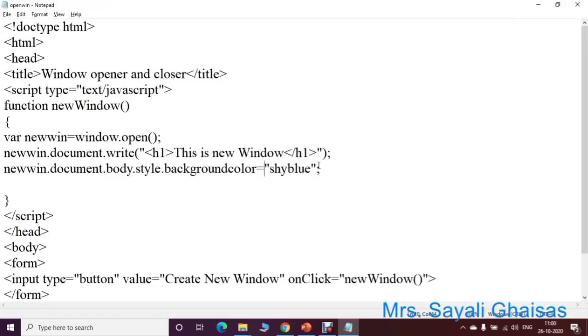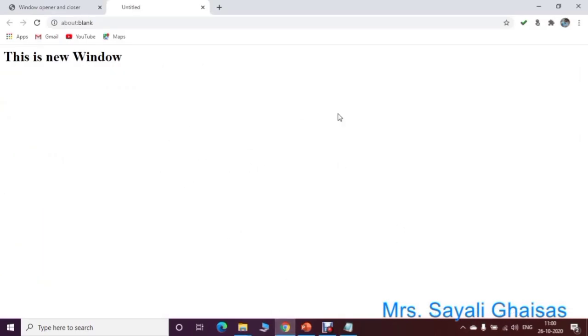Click on this button, create new window, to create a new window. So after clicking on this button, a new window has been created with a text, this is new window. And that text is provided here in an h1 tag. But see, in the output only this text has been displayed, background color has not changed for this window.